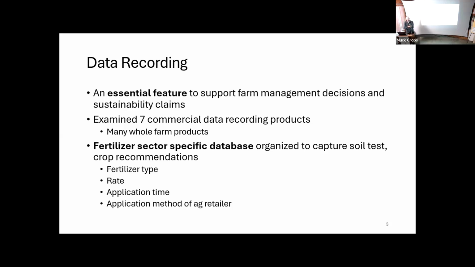So you have on that database fertilizer types, rates that were recommended, the application time, and the application method used by the ag retailer. What it doesn't have is the actions of the grower on his own land